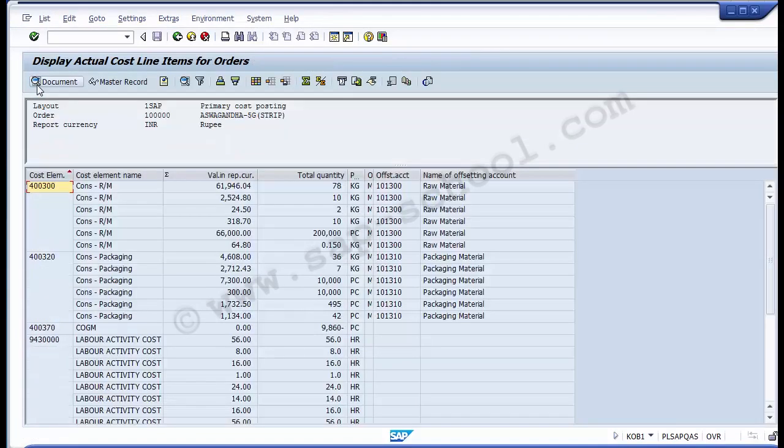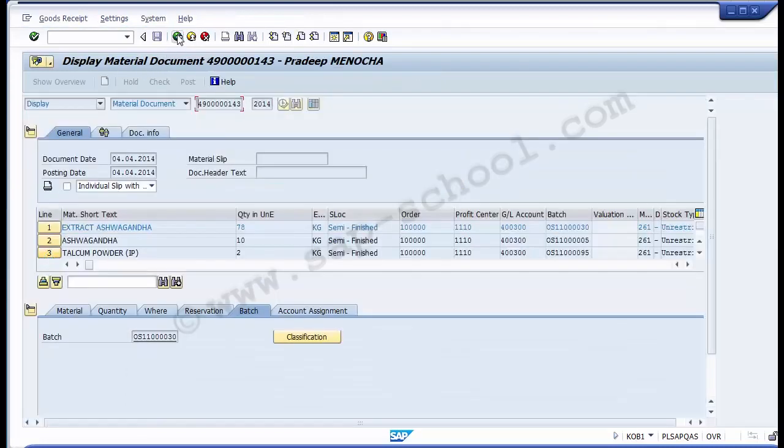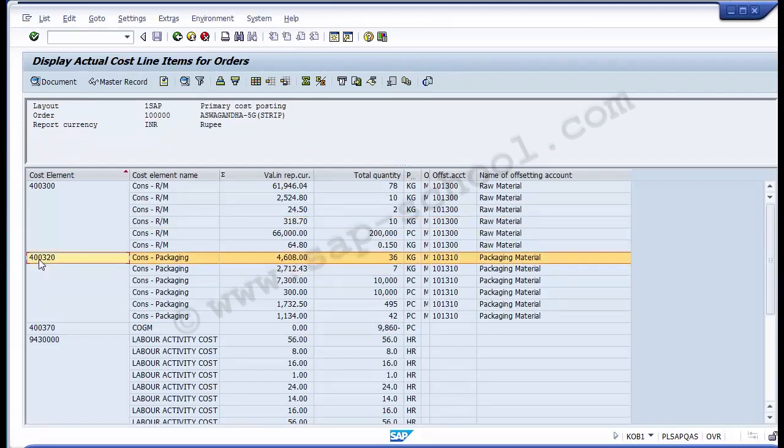Now executed, you can see the different values reflected to you. So these are the breakup to it, the line items reflected to you. This is the cost element with respect to this internal order. These are the different values being posted as actual line items, which you can see over here, and in the same way you can go below. So in this particular internal order, the cost element 400300 has been used as consumption raw material for posting these different values. Similarly, for this particular internal order, another cost element has been used, that is 400320, and